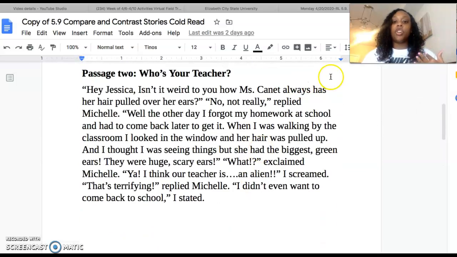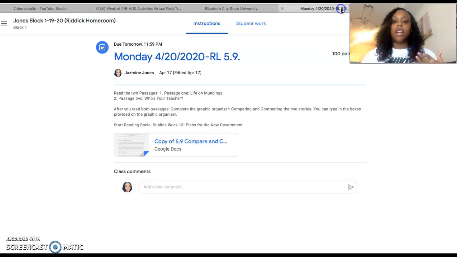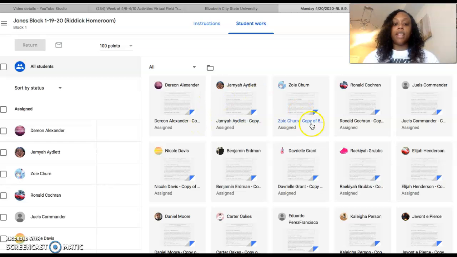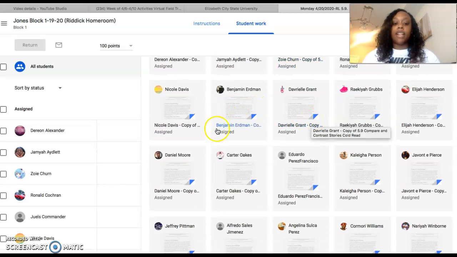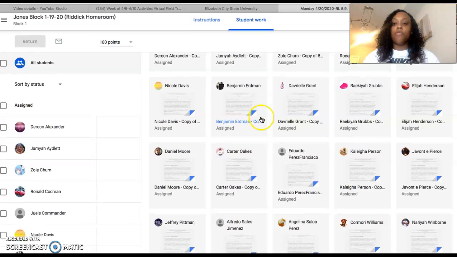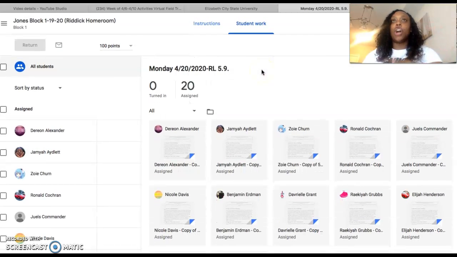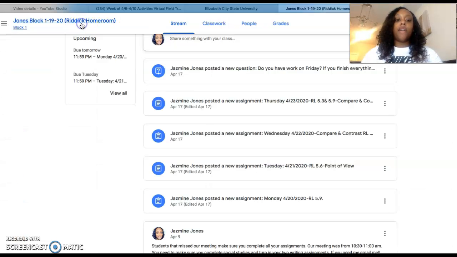After you finish your assignment, you need to make sure you hit mark complete. It's not going to show it on mine, but on your stuff, it should say mark complete. And as you can see, no one has to make any type of copies. It's already assigned to everybody. When you finish, you just need to make sure you hit mark complete. I think it says turn in. You're going to hit turn in, and then you follow those steps. Everybody should know what to do. So after you do that for Monday,